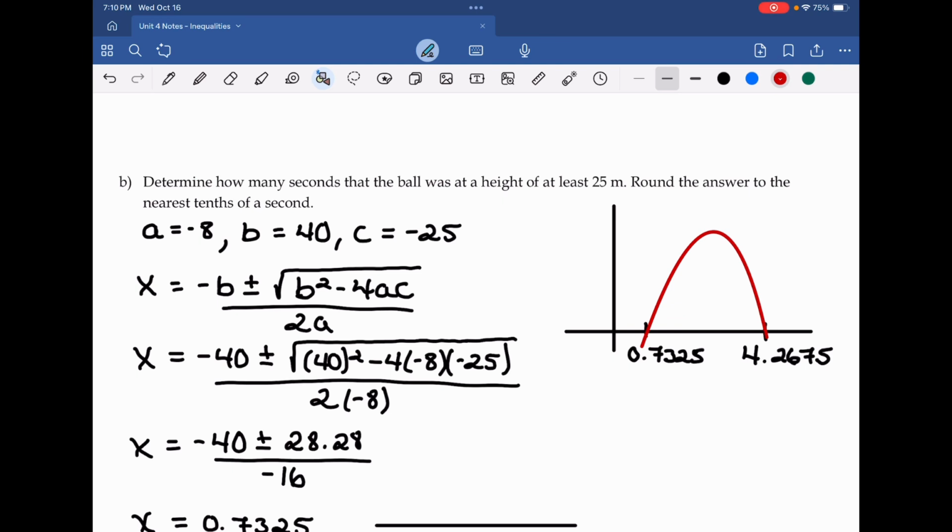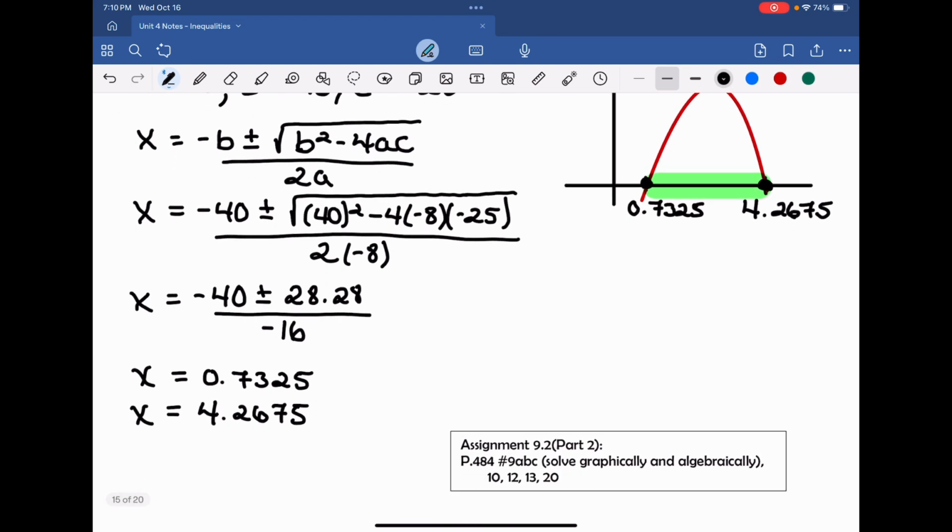How much time does it spend at least 25 meters in the air? It's the x values that are contained between those two points, including those two points. So we're going to put a solid dot here representing the one x-intercept, a solid dot over here. All of the x values that are between this represent the total time that it takes. So when we summarize this, we're going to say, therefore, the time the ball is 25 meters or higher